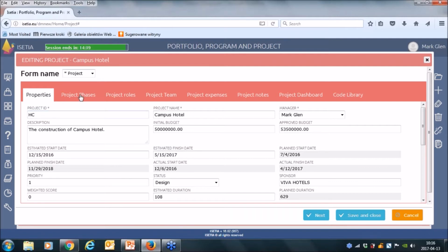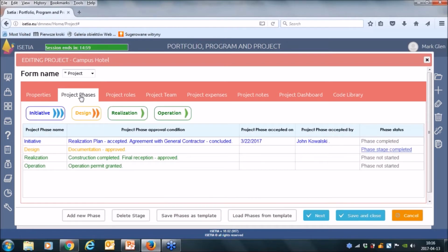The next important area you can manage is project phases. We assume that this phase division is from the point of view of management, so we can call them management phases. In construction we have initiative, design, realization, and operation. Now you can observe that we are in the design phase.